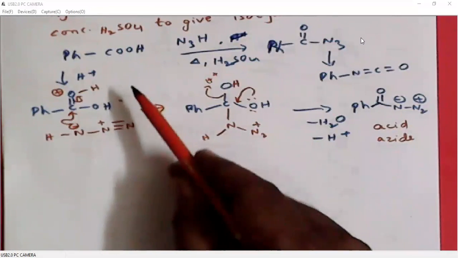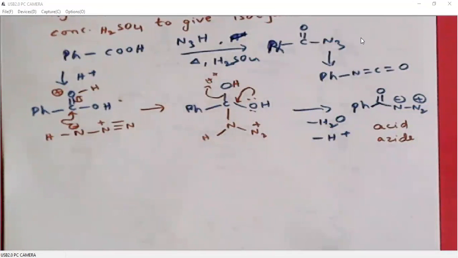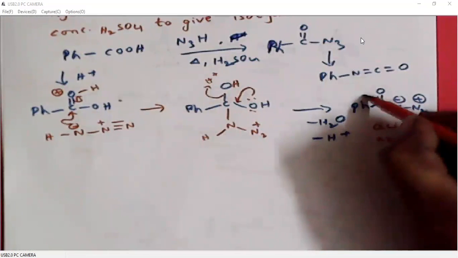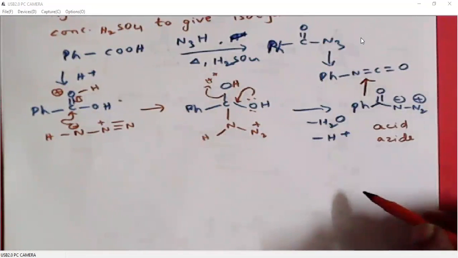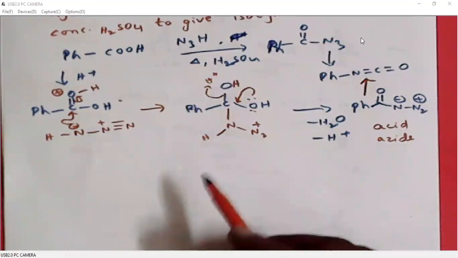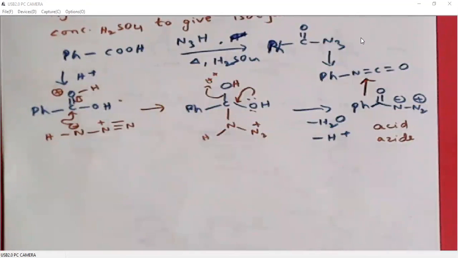So when carboxylic acids are treated with hydrazoic acid and sulfuric acid, the carboxylic acid is converted to acid azide, which will undergo rearrangement to isocyanates. Of course, the isocyanates, when they are treated with water, will generate amines. So Schmidt reaction is again one carbon decrease in the carboxylic acids. So carboxylic acids are converted to amines with decarboxylation. Right. So the overall reaction is